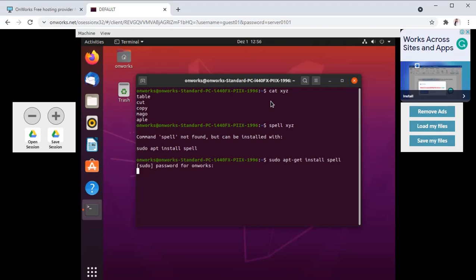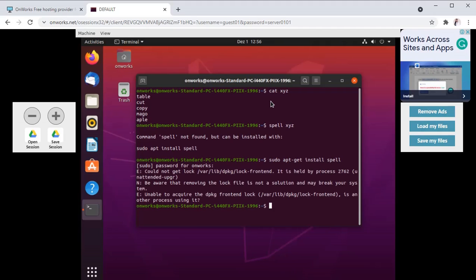Okay, in this terminal there are some errors for installation purpose, so I cannot install this spell app in this particular terminal.